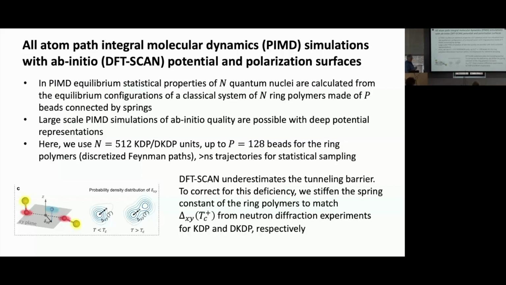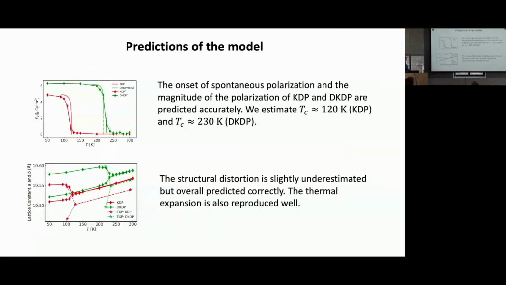And so when we do that, what do we get? We get, for the polarization, this behavior. Again, the transition is smoother in the simulation because of finite size effect. But we can reproduce very well the difference in polarization between the